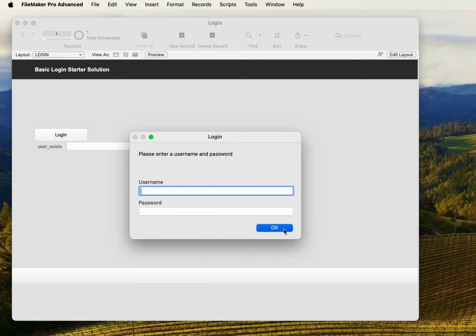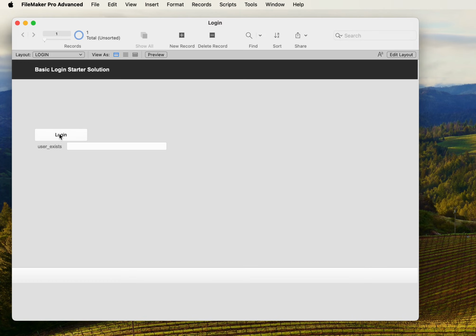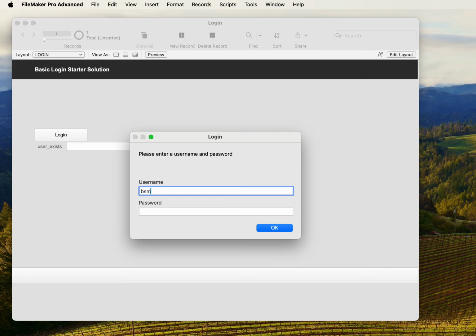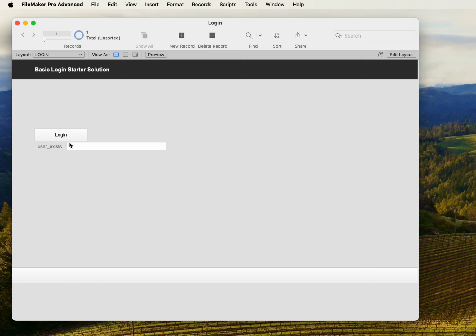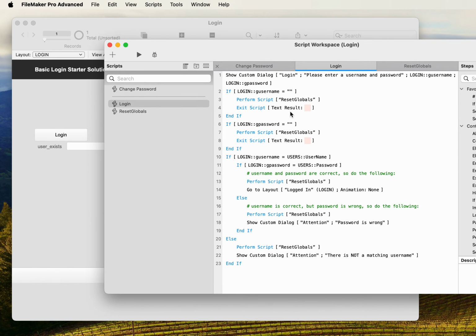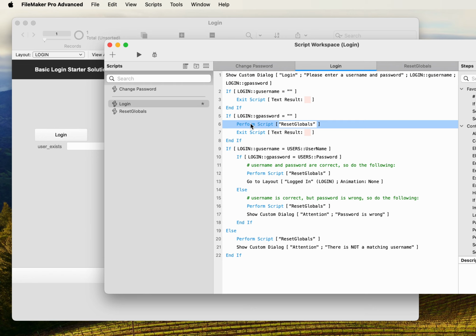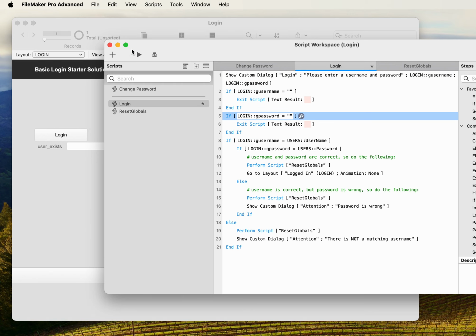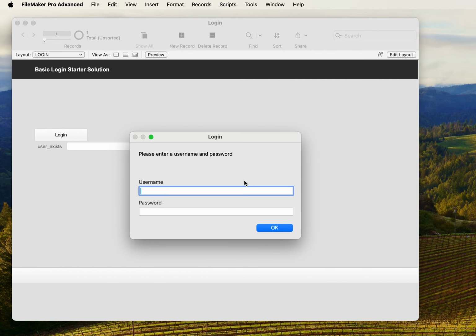If I do a login and I say okay, and it fails, or if I do a login and I do like B Smith, and I say okay, I don't know if you could see that. In fact, my script ran so quickly that you couldn't see it. So I'm going to delete this reset globals step that we had just put in there. And then I'm going to do this again. So if I do B Smith,